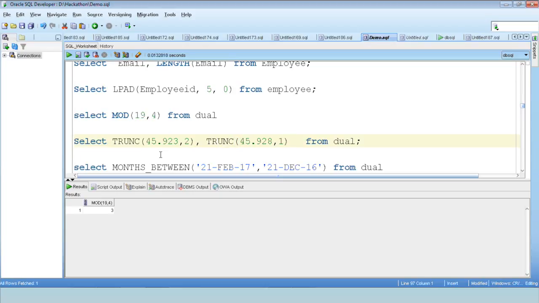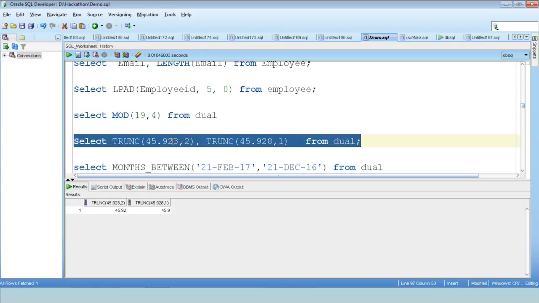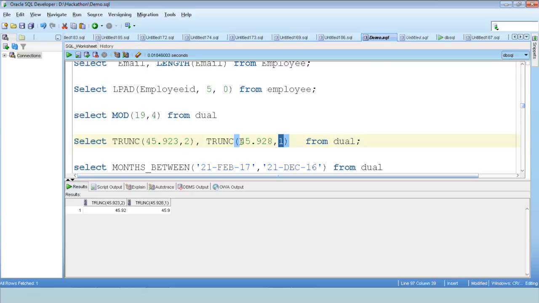Now next one is the truncate function with numeric values. It's basically used with float values. So it will truncate this float value up to 2 decimal places. Now here it contains 3 decimal places. It will truncate up to 2 decimal places. So in the first case it is giving the output 45.92, and here I want to truncate up to 1 decimal place. So here it will just return